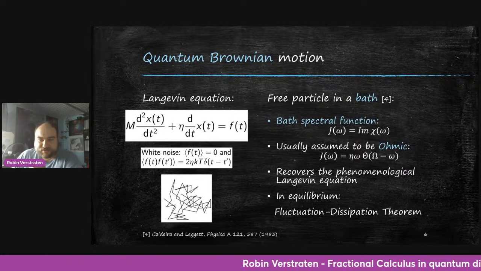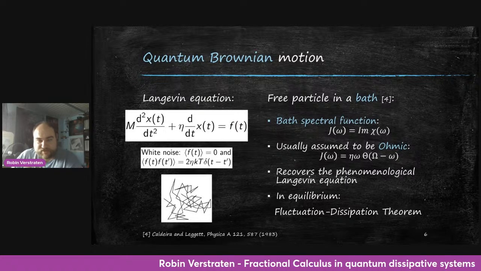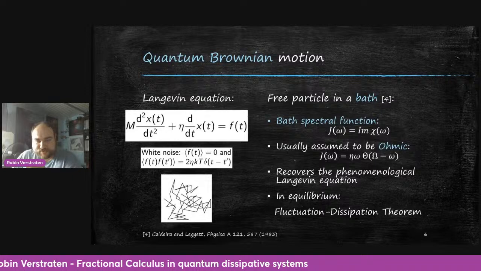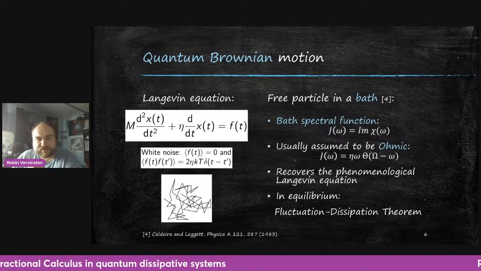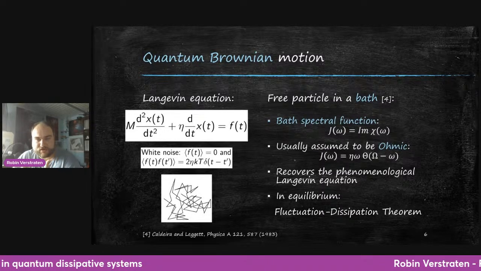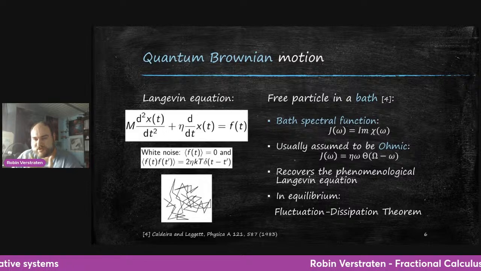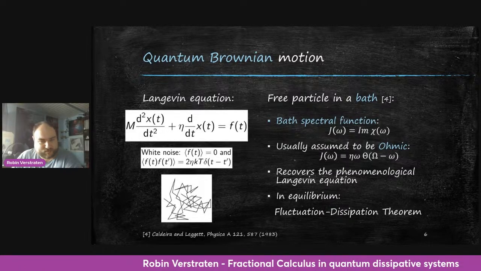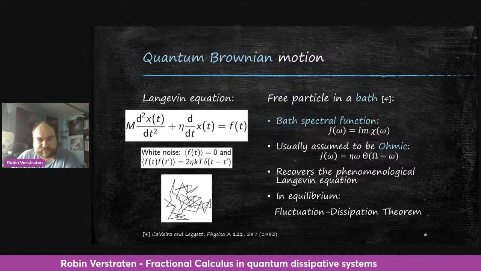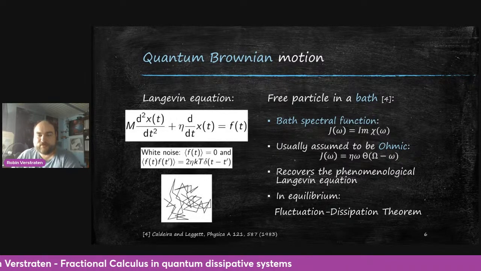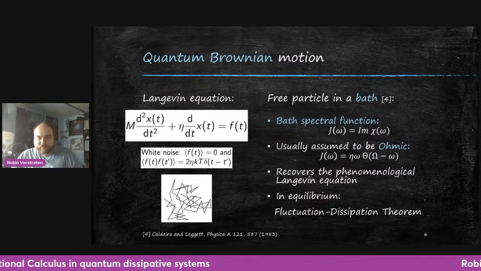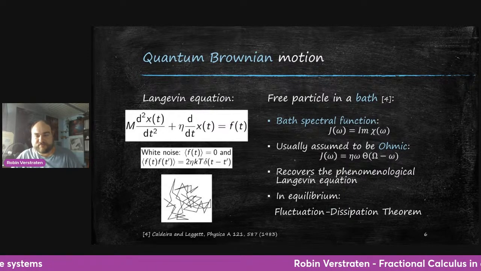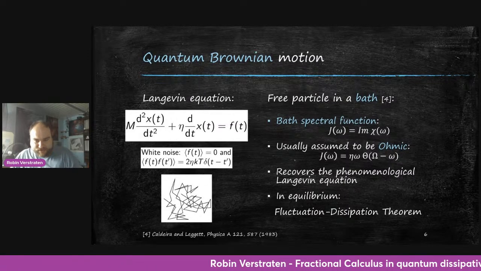Now, typically this is assumed to be ohmic, but I want to be very clear. This is purely an assumption. This object is something which can be measured, but it's quite difficult in practice. There's large error bars. So it's just kind of hard to know what it should be, but we know that it is there. It's not something which is mathematical or so. It's really observable. But if we assume it's linear, of course, one of the simplest assumptions, then we can